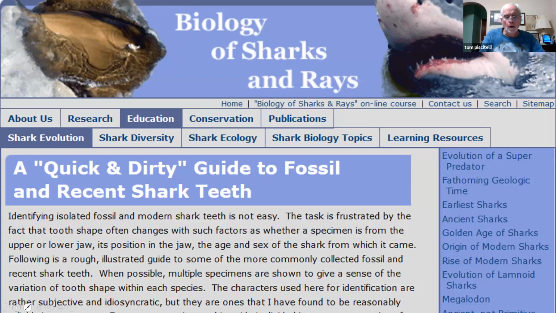So you need to look at what other fossils were found nearby that would help in identifying the geological age, or looking to see what offshore ages of rock formations there were that might help you identify where this tooth came from. You need to look at and identify the features of the shark's tooth crown and the characteristics of